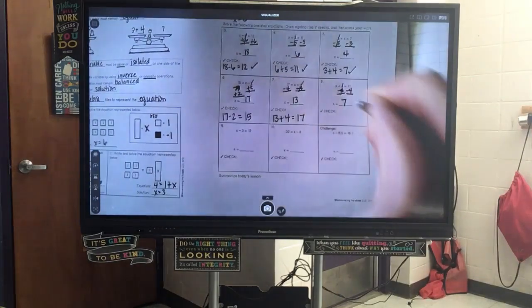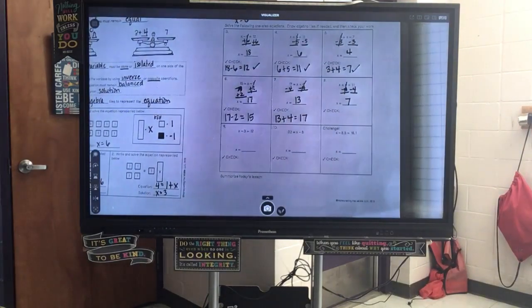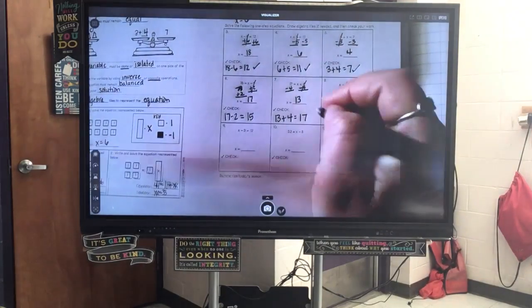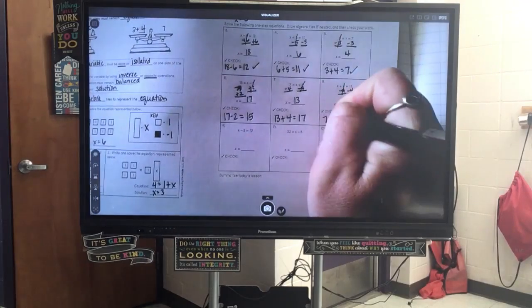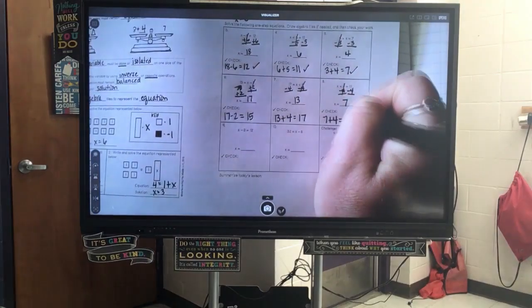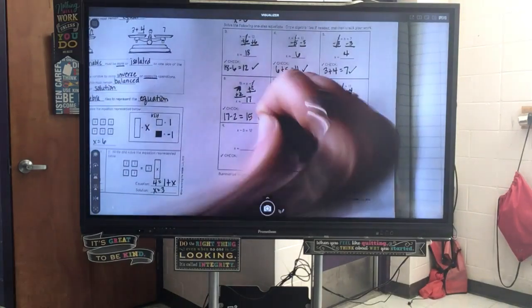All right, and then what do I do with my 7? Place that. Yeah, place that. And 7 plus 4 equals 11, and we know that is correct. All right,